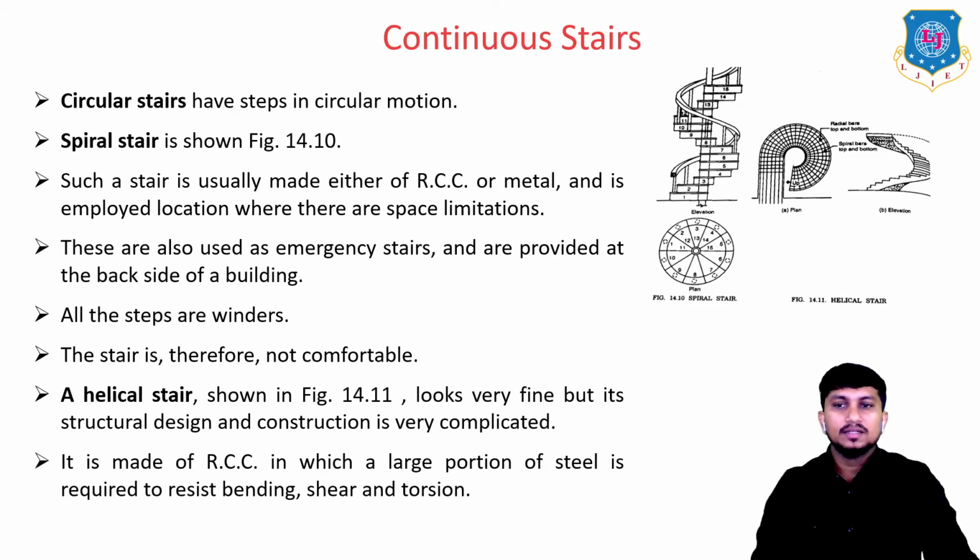Next is the helical stair. A helical stair you can clearly see in figure 14.11. It looks very fine, but its structural design and construction is very complicated. It is made of RCC in which a large amount of steel is required to resist bending, shear, and torsion. So, economy-wise, you can say the helical stair is costlier than the spiral stair. So this is called a continuous stair, where no landing is